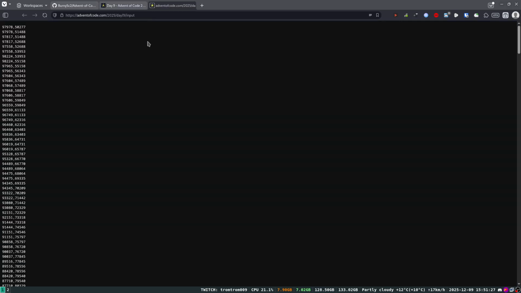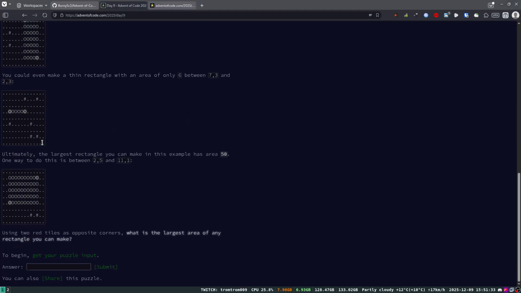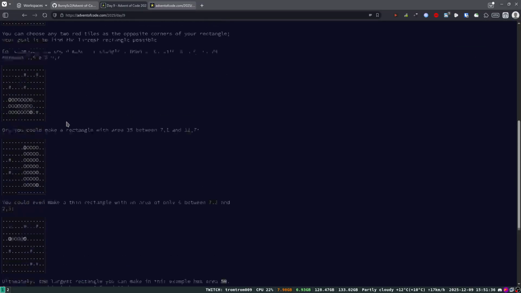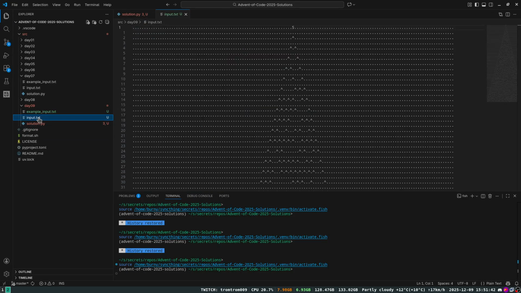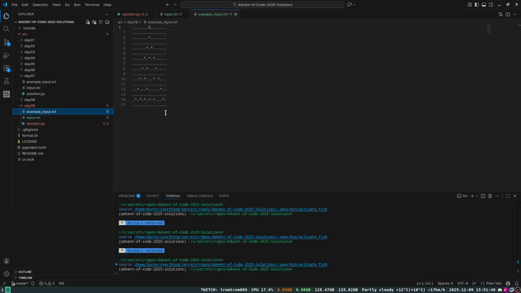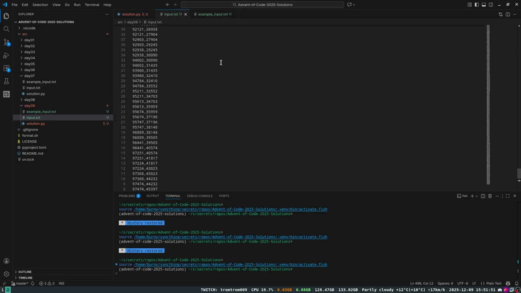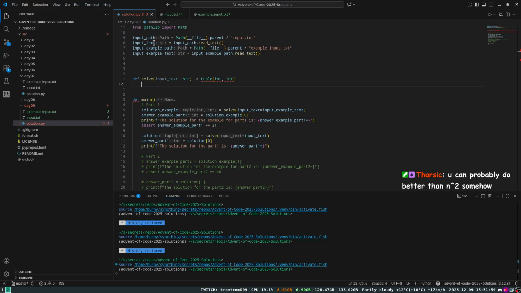Your puzzle inputs. Okay. So it doesn't matter how many rows or the width or height it is. Let's copy. And the example input. Okay, what stops me from looping over them? It's only 500 lines. Not sure. Anyway,